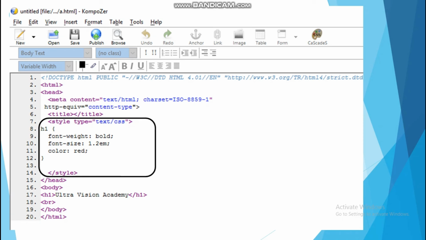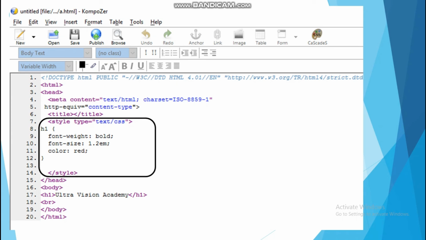So here type is the name of the HTML attribute, whereas text/css is its value. Normally in HTML, the value we have to write inside double inverted commas. And remember, in HTML, to distinguish an attribute and its value, we have to give the equal to sign.